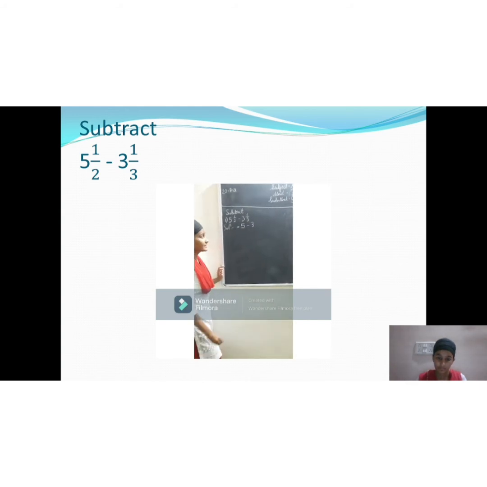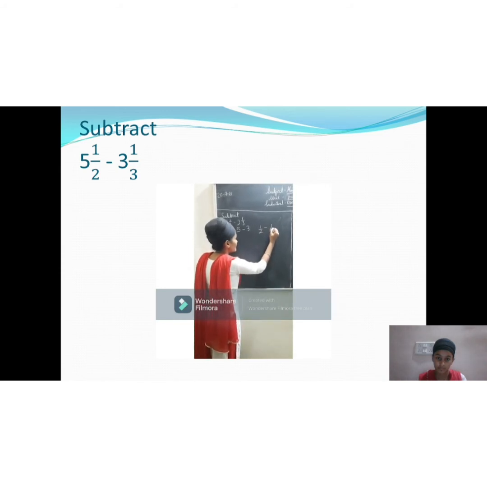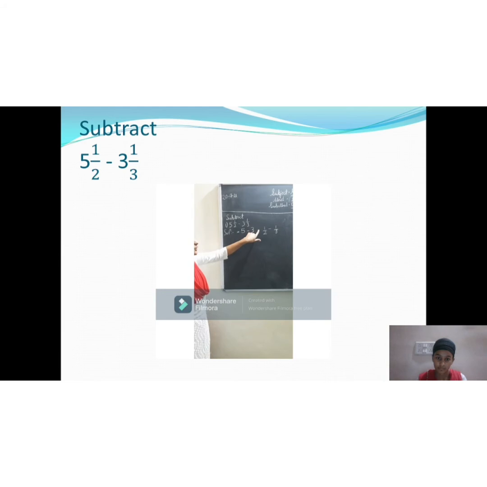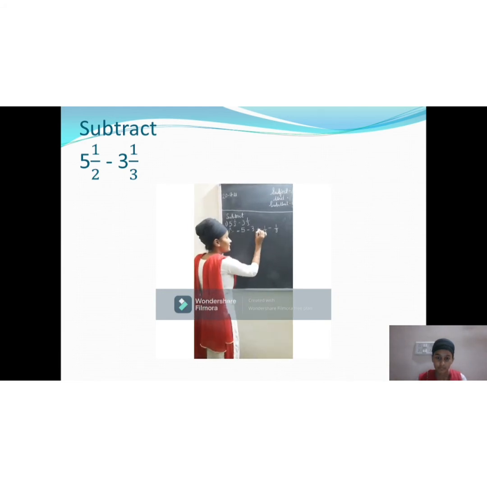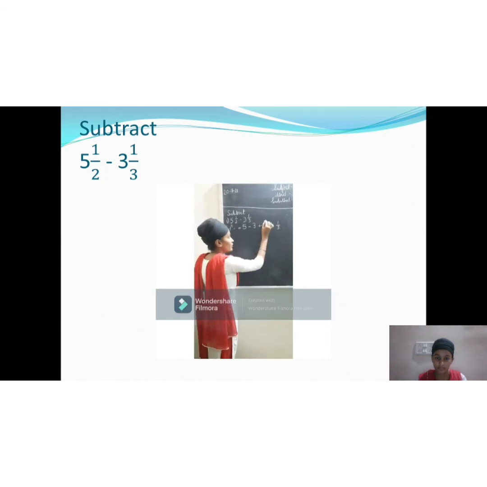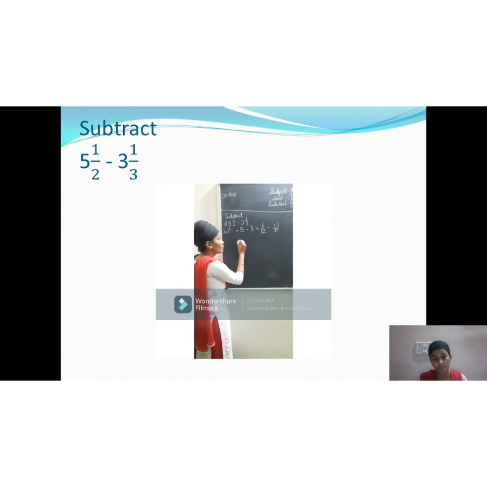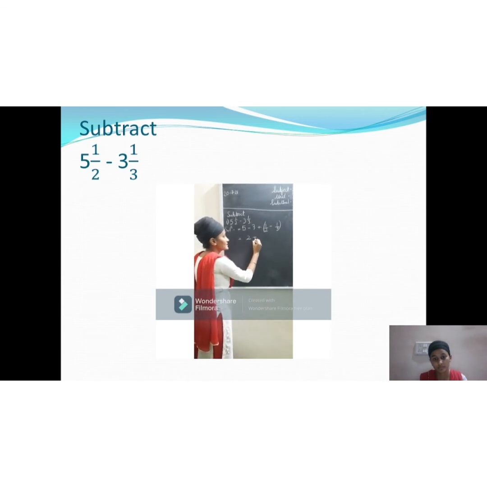Okay, now the fractions. Now you will take the fractions. 1 upon 2 minus 1 upon 3. Now which sign will you put in the middle? You will put the addition sign. Remember this, this is very important. You can put this in brackets also if you want, to avoid confusion. Now 5 minus 3 is how much? 2. Okay, plus. Now see, this is again an unlike fraction.